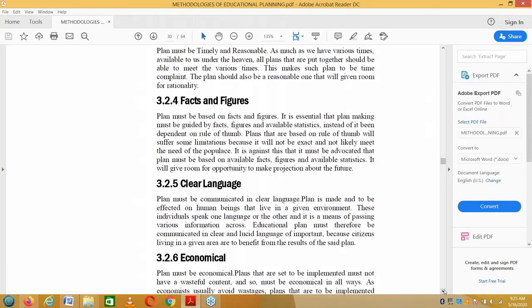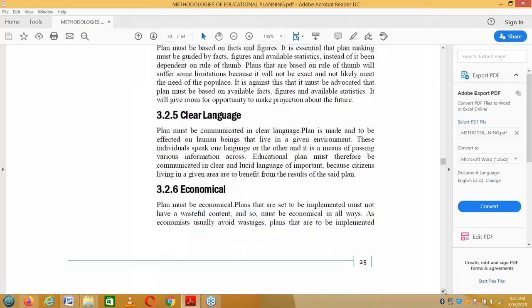Economically, the plan must be economical. Plans that are set to be implemented must not have wasteful content, and so must be economical in all ways. As economists,